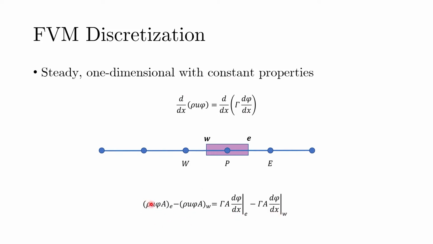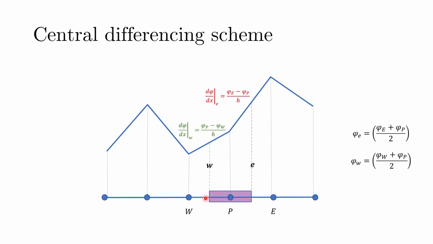Until this point, there are actually no assumptions involved here. We are still dealing in terms of raw properties, such as the properties that are evaluated at the east and west faces. Following this, we employed the central differencing scheme, and we considered that the property phi behaves piecewise linearly, and that is equivalent to the central differencing scheme. Based on that, we calculated the derivatives in these forms. And because there was a linear variation, we said that phi could be represented in these forms over here. So this is a recap of what we were doing behind the scenes when we were using the central differencing scheme.